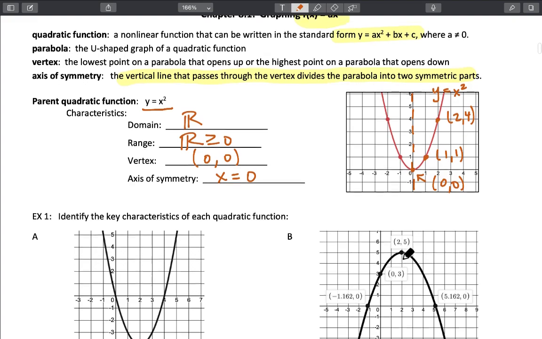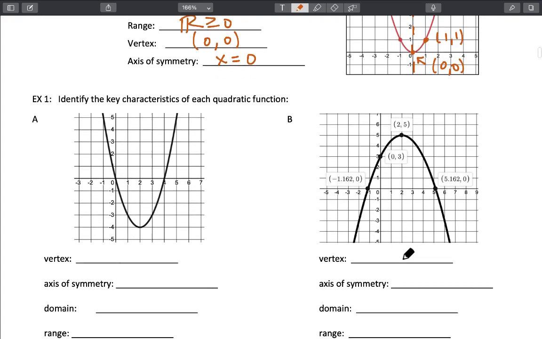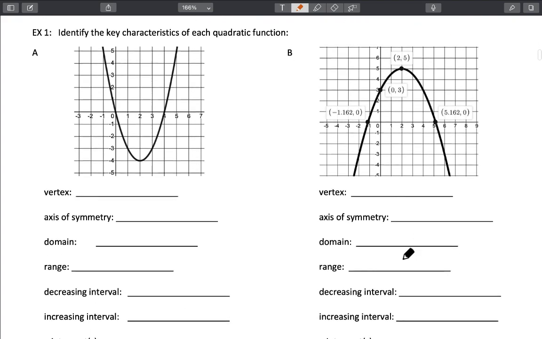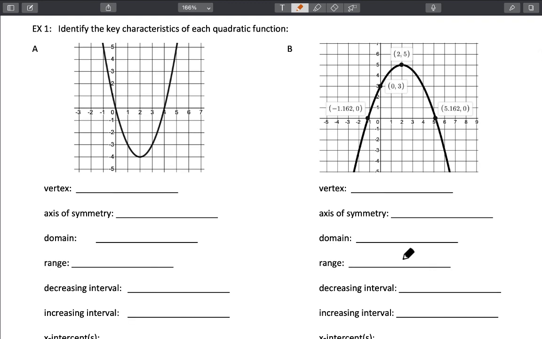All right, so let's do a little bit of comparison with a couple of other quadratic functions by trying to find some of their key characteristics. This first one here in example A asks us to start off by finding our vertex. Well, that's this coordinate right here, 2 over and 4 down, and that's the lowest point on this parabola that opens up. Our axis of symmetry is that vertical line, and that axis of symmetry is always going to pass through the vertex, and it takes on the form of x equals whatever the x coordinate